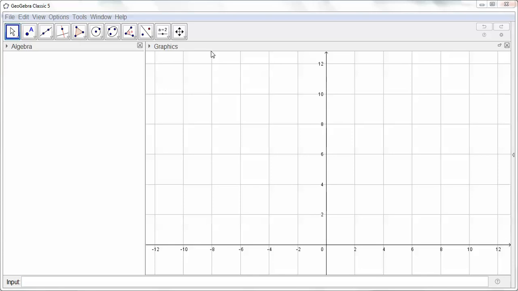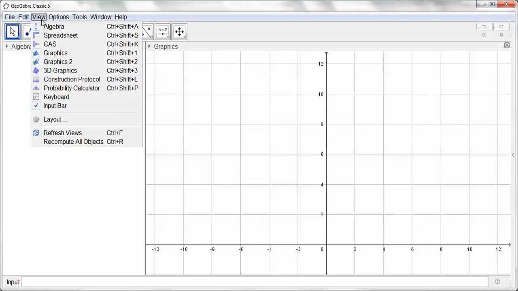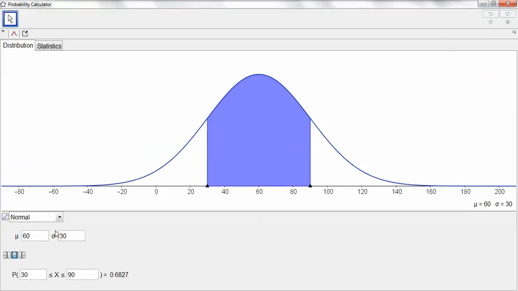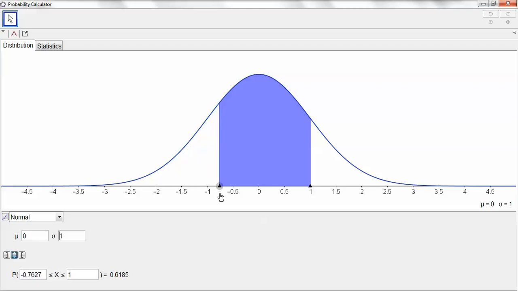We're now going to look at the probability calculator, which is a very useful feature that we have in GeoGebra. So it comes up here, like the standard normal curve would have a mean of 0, standard deviation of 1, and at the moment it's set up for a two-tail situation, and it actually calculates for you exactly what the probability of a result within that area is, and you can see between 1 and -1 you've got 0.68, which is what you'd expect, and if it was between 2 and -2 it should be equal to